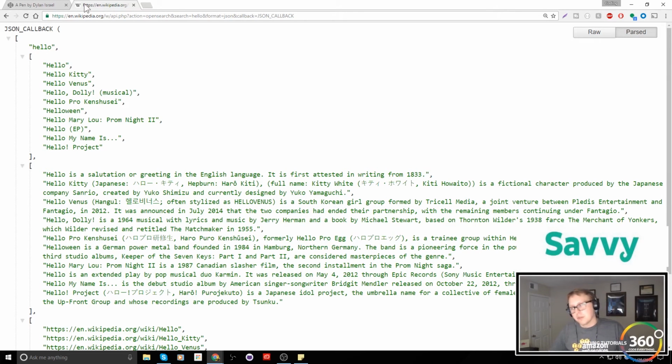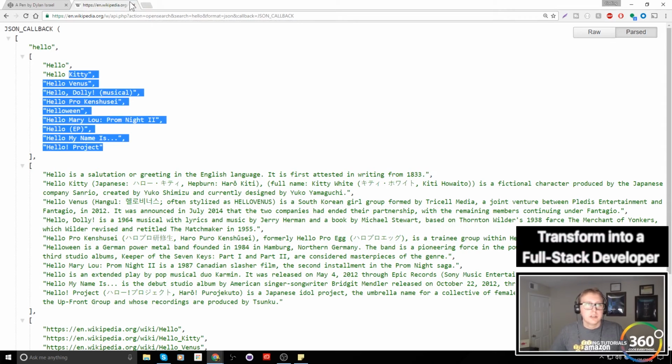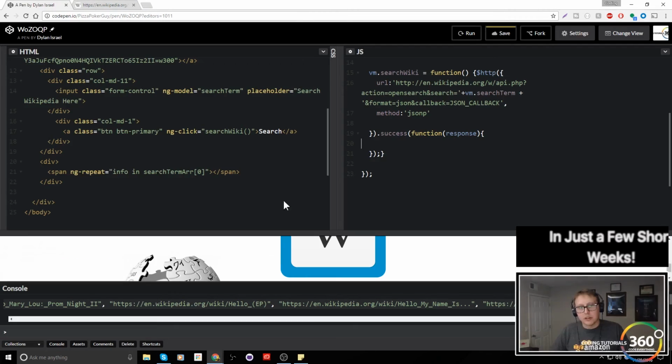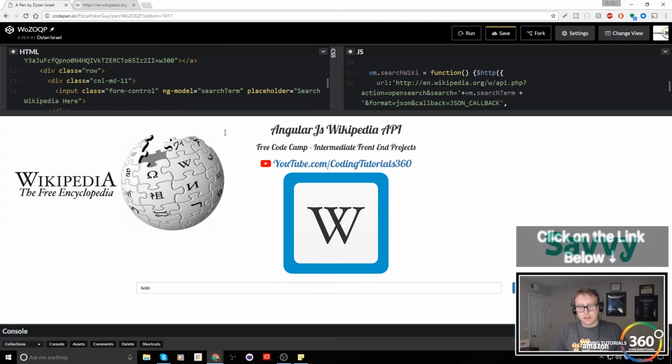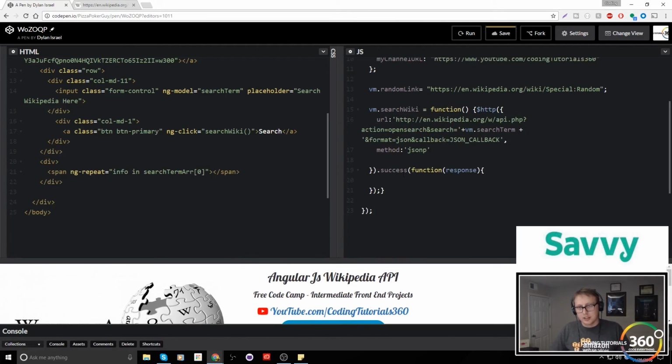It's a weird way of doing this, in all honesty. It could have been done a little bit cleaner, but it's not too bad. So this is what our data object is going to be. So now all we have to do is, in our ngrepeat, we're actually not repeating anything yet because we haven't added anything to our array. What we're going to do